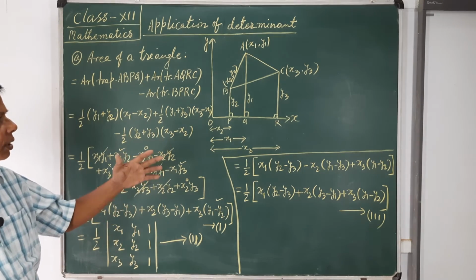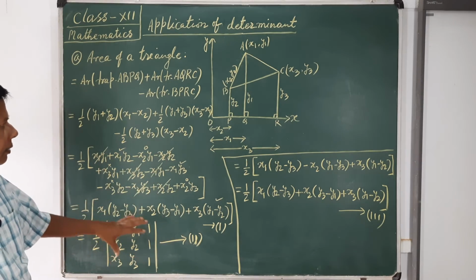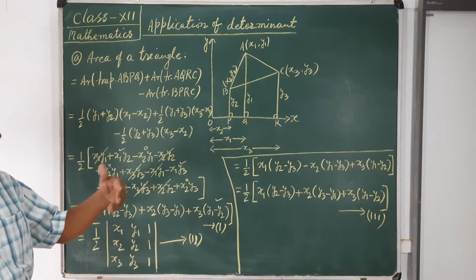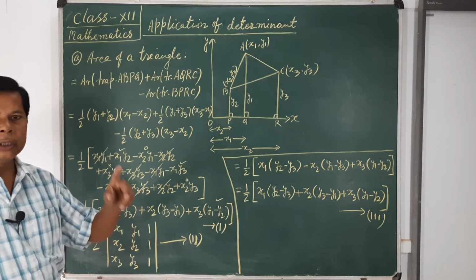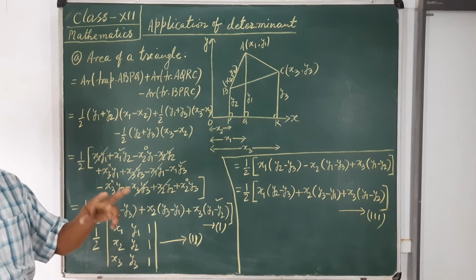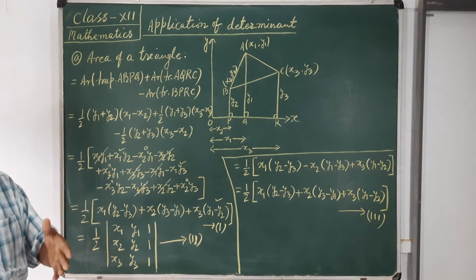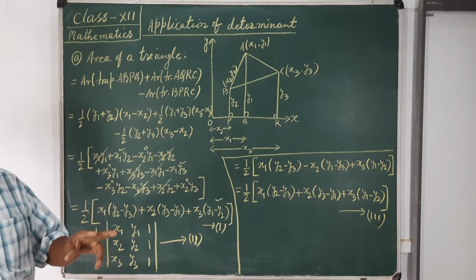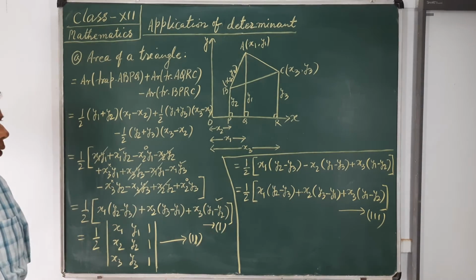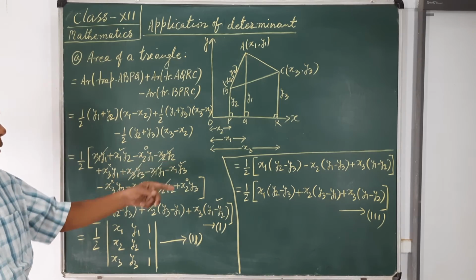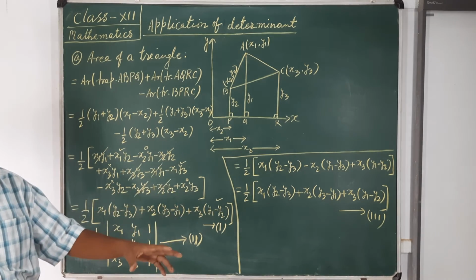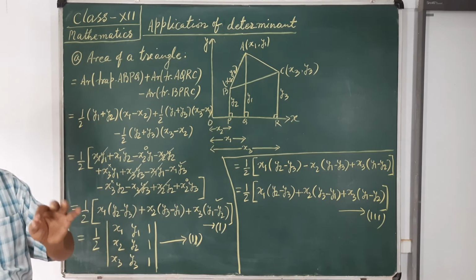Next, I shall show you by drawing a quadrilateral. This formula will be used, plus one more triangle, because if a diagonal is joined, then this diagonal will divide the quadrilateral into two triangles, and the sum of those two triangles will be the area of the quadrilateral. So, just now I am showing you that using this formula directly we can find the area of a quadrilateral.